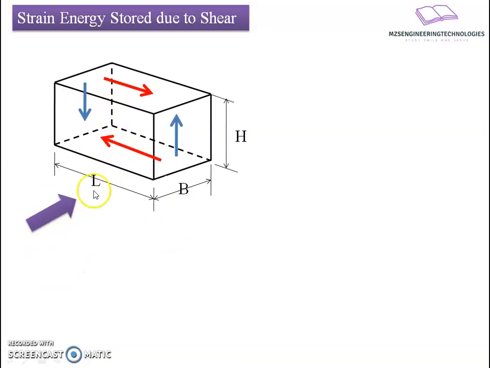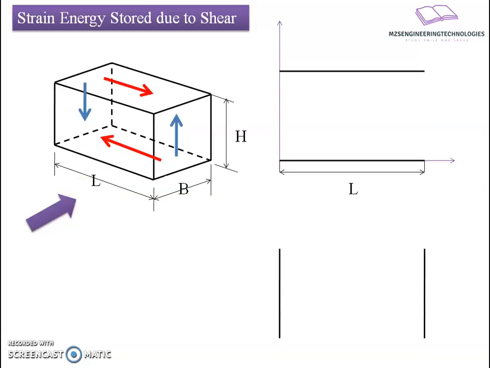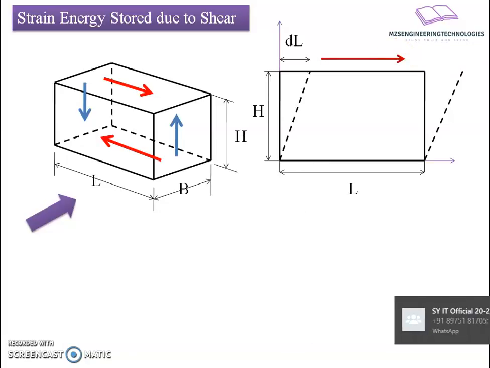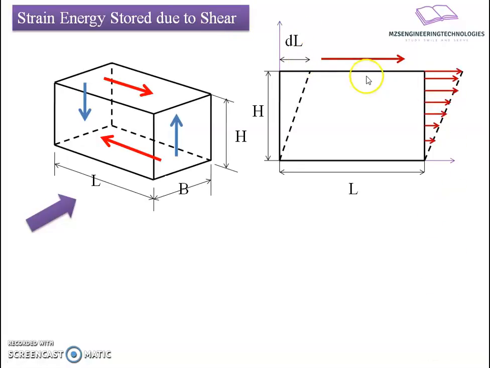Now let us look towards the effect of these stresses on the body. I am going to look with reference to this direction which I have shown here, so I will plot a response curve for that. Let us say I have placed the body along its length and I have taken a reference of height h here. Then when the body is subjected to a shear stress, which is going to act along the length here, the body will deform into a shape. Let us say this deformation is DL.